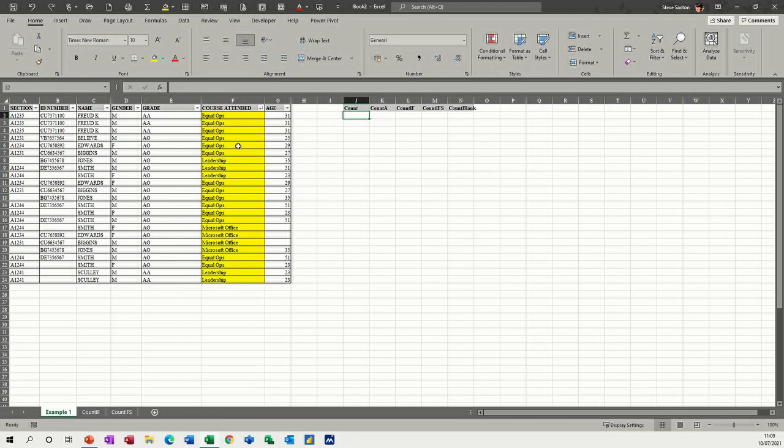So what I have on the screen is a database list with people's names, grades, gender, course attended, and age. What I want to do first of all is count how many people I have in this list. So at the top there I've got the function listed. So the first one is a count. So if I go equals count and then open the brackets and select the names, which is what you'd expect